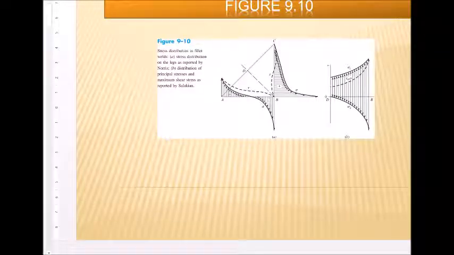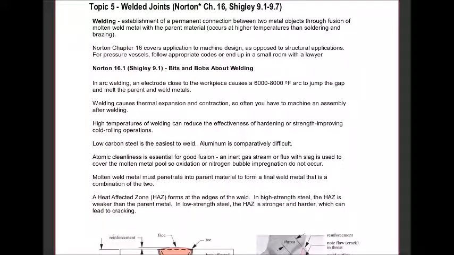Here's a depiction of a simple fillet weld. We can see a triangle going from C to A to B. We're welding together two parts here, one along the line CB and one along the line AB. Here we can see the stress distribution in what are called the legs of this triangular fillet weld, which are the sides that are not the hypotenuse. So the stress state is very complicated. So we're going to do some simple stress analysis models which will allow us to design welds safely with some